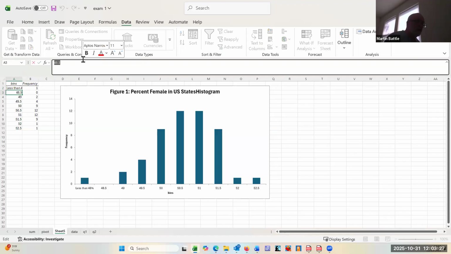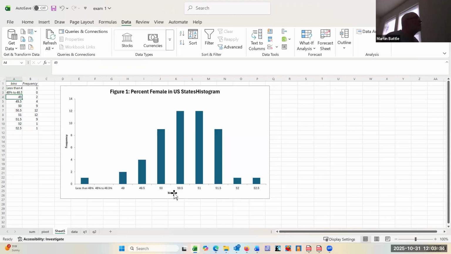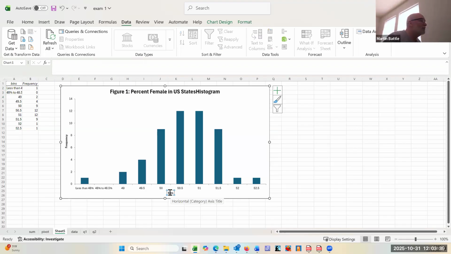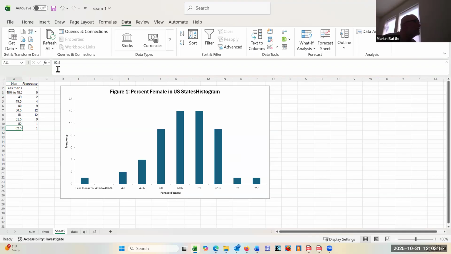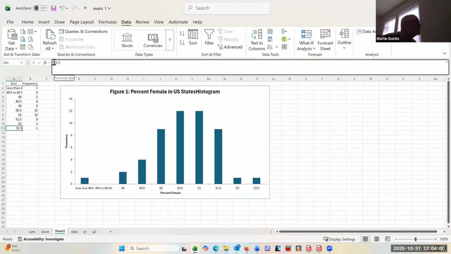So I'm going to go through each of these, but I'm not actually going to do that because I can't be bothered. But you should do that in the exam. You know, I might get rid of this and just say less than 48.5%, but either way, no, I think I'd probably keep that in and go up, you know, all the way up to,